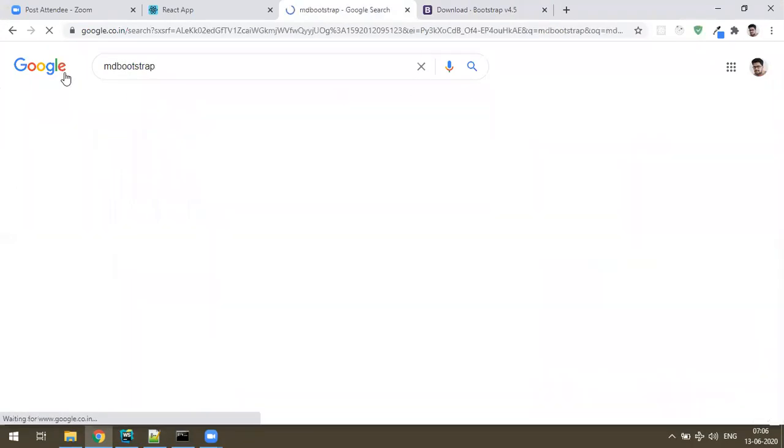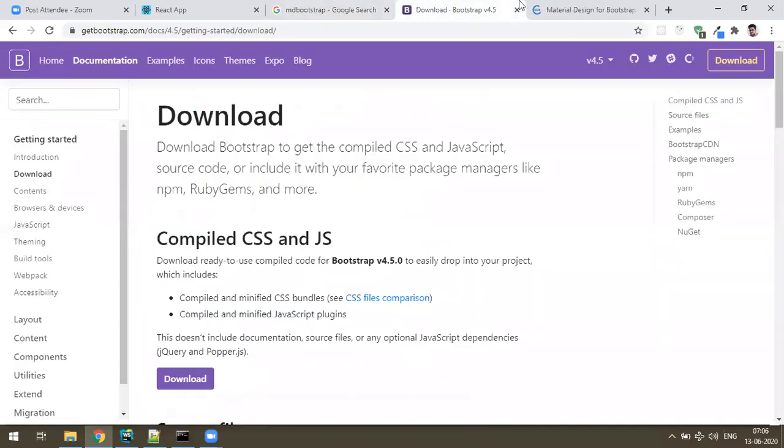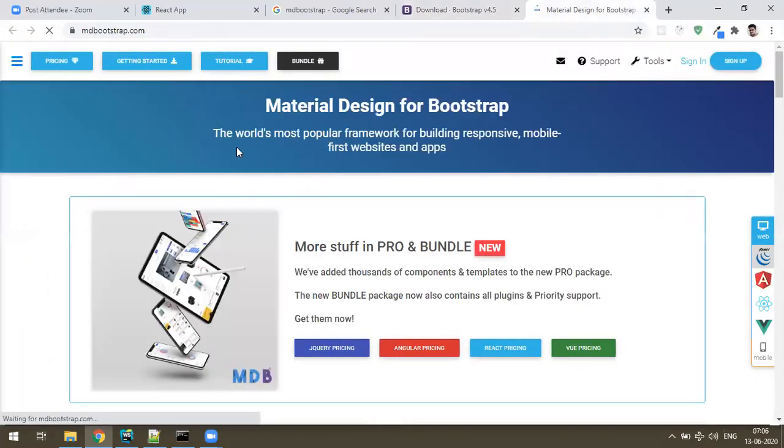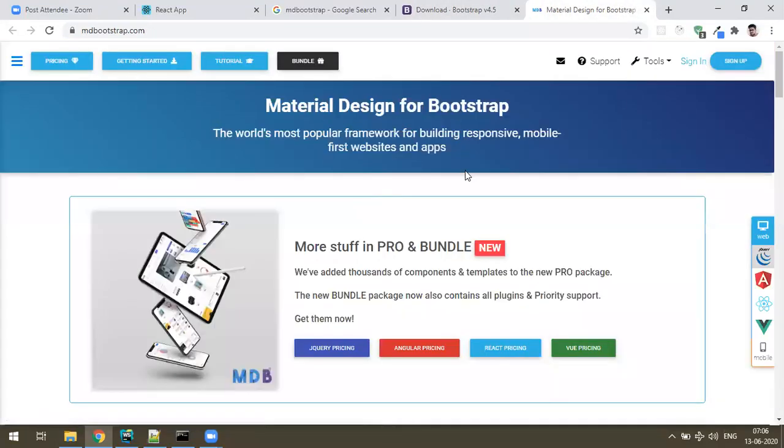This is for something with a rich look. This is the official Bootstrap, but compared to this, Material Design Bootstrap contains a rich look like this. So I need this one. And one more thing, this is free and this is not free, half free and half paid. Anyway, we are using the free version only. Some components are paid, but we are not using any paid components. If you want, we'll develop from scratch.